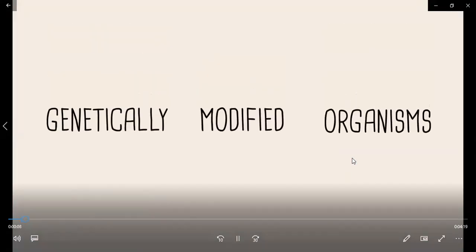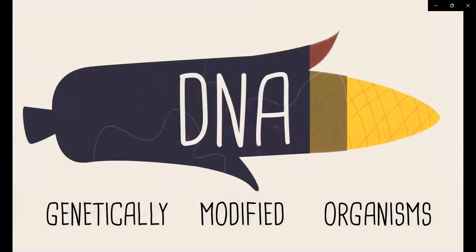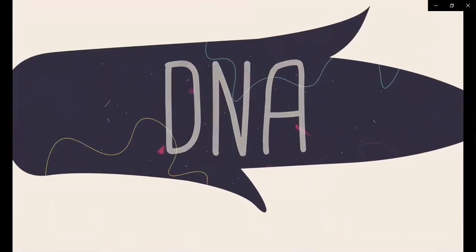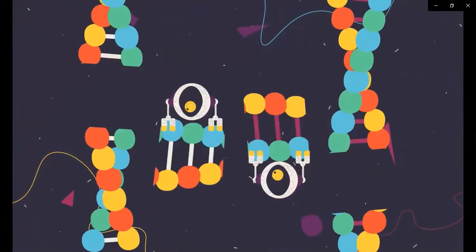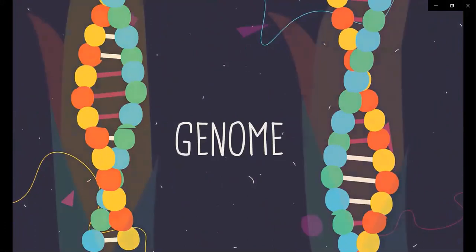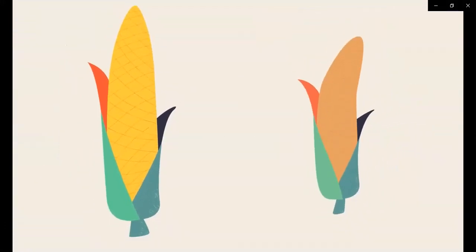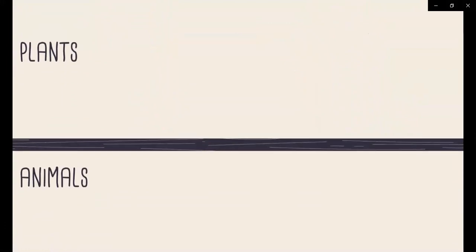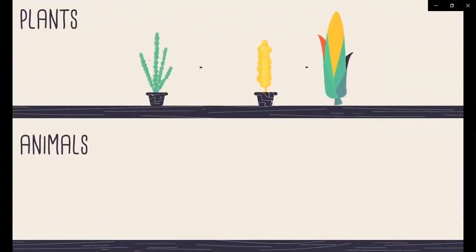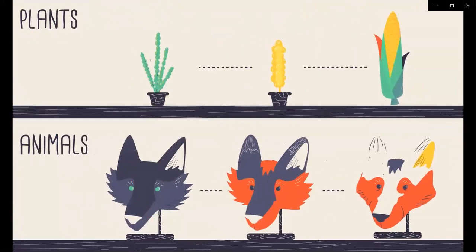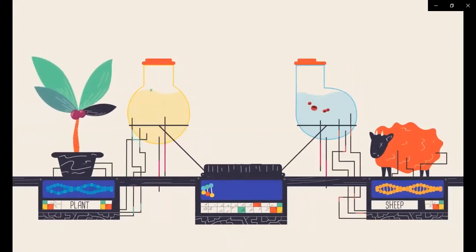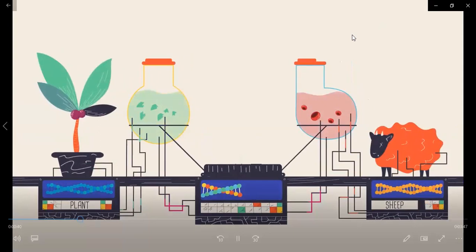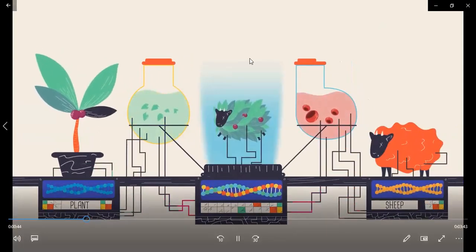Genetically modified organisms, or GMOs, have had their DNA artificially modified by humans using modern genetic manipulation techniques. By changing the DNA, so changing the genome of an organism, means we can change its characteristics. Humans have been artificially altering the genomes of plants and animals for thousands of years by selective breeding. Today, with advances in genetic engineering techniques, means we can speed this process up by incorporating specific new genes from one species into a completely unrelated species.